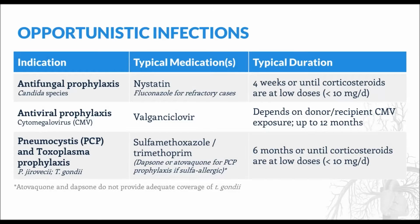Immunosuppression places patients at risk for opportunistic infections. Shown here are some of the most common infections, each of which warrants prophylaxis for a period of time after heart transplant. Antifungal prophylaxis is required for several weeks after transplant to prevent overgrowth of candida due to high-dose steroid therapy. All patients should receive prophylaxis against cytomegalovirus, or CMV, for a period of time after transplant, although the duration